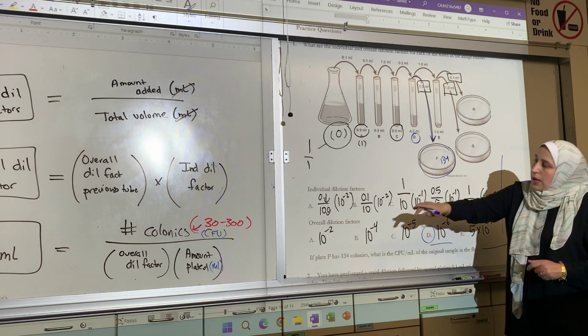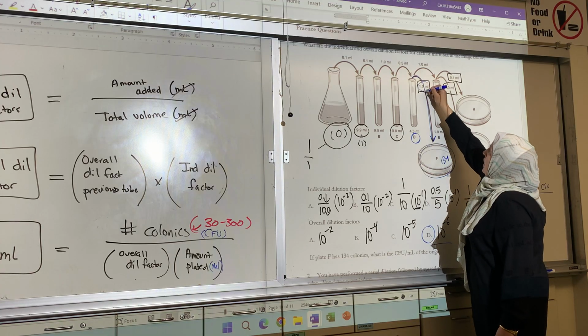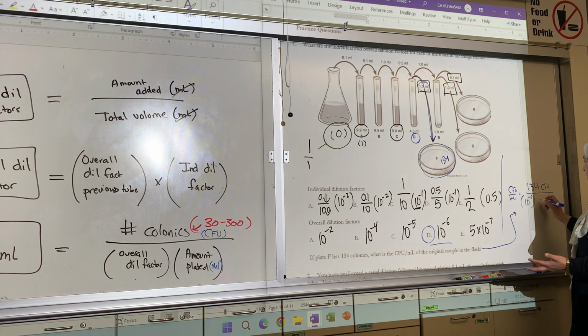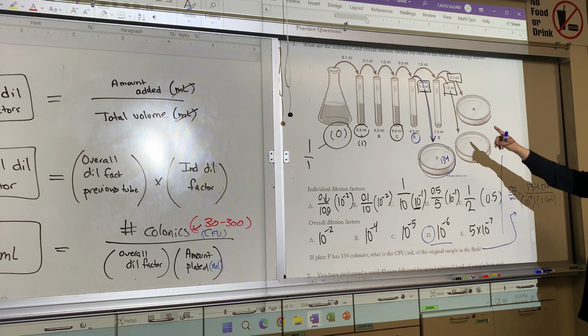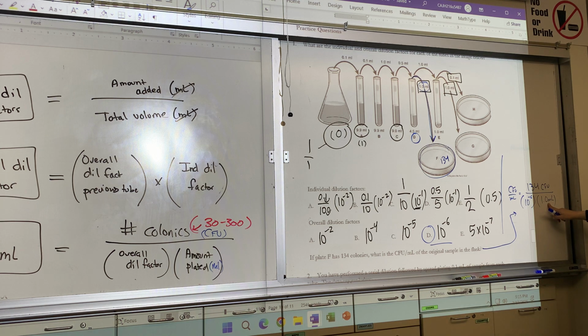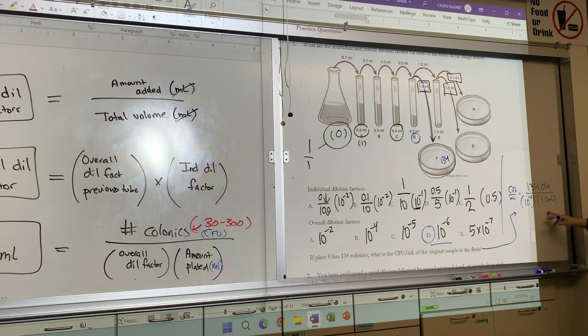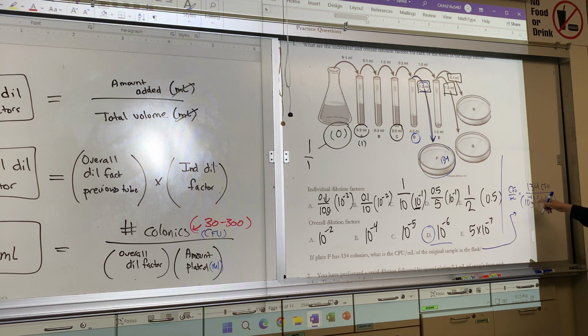And then I need the amount plated in milliliters. So that's what we said here is the 1 ml, which is different from how our procedure was, but it's also one way to do the procedure, is 1 ml. And you see when we use 1 ml, multiplied by the 10 to the negative 6, it doesn't change the dilution. Whereas when we use 0.1 ml, it changes the dilution. It acts like another dilution essentially, okay? And so if you plug and chug, you should get